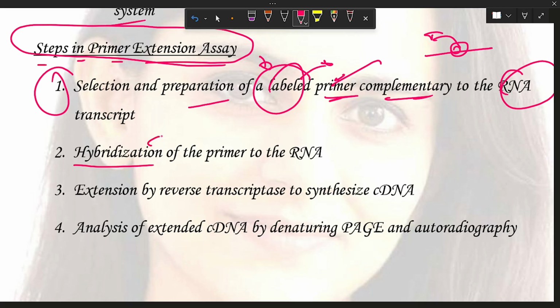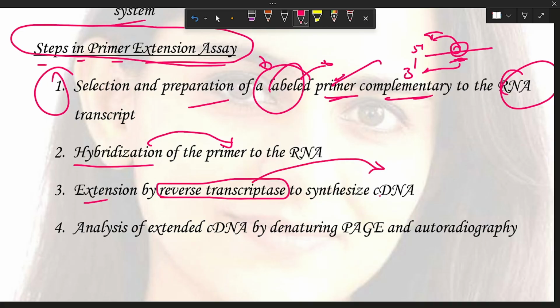After that comes hybridization of the primer to that particular sequence, and then extension starts from that region toward the 5' end of the mRNA, with the help of reverse transcriptase, and this makes cDNA, not RNA.